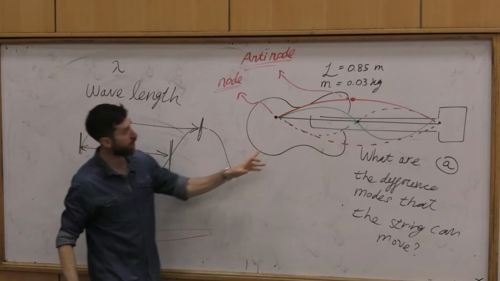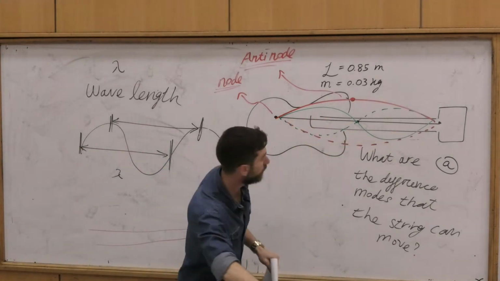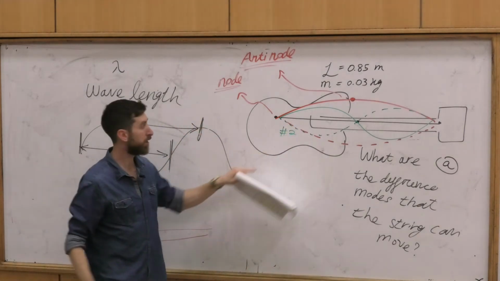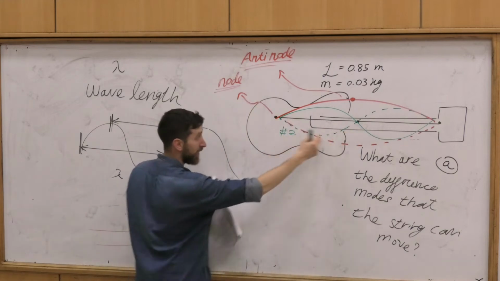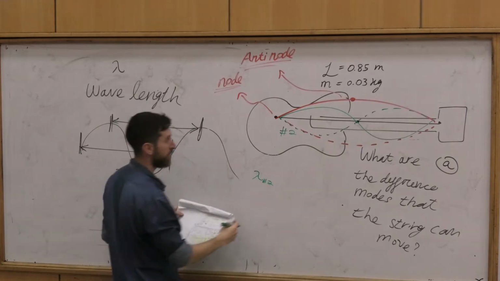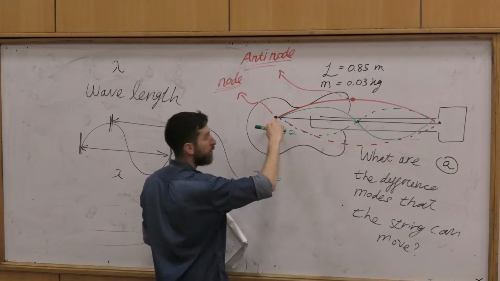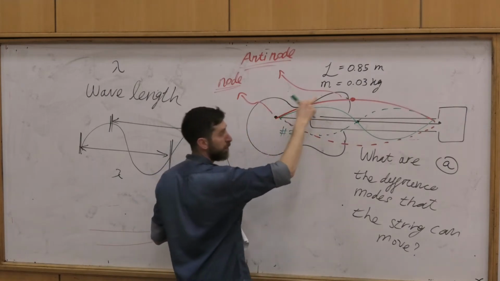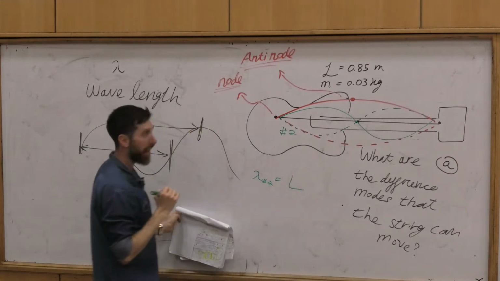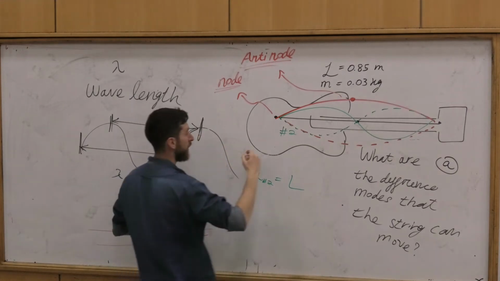So if I'm going to look at this phenomenon, what is the wavelength of number 2 that we talked about? What is it? Half L. This is exactly half L. So lambda of case 2, right, is actually not half L, it's L. It's completely L. Why? Because I start going up, and here again I'm going up. So this is exactly L, right? And what is case number 1? Case number 1 was?